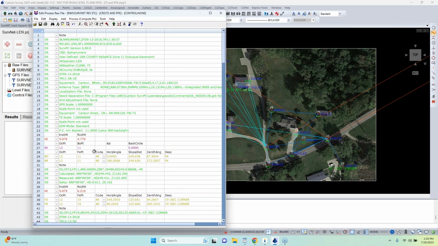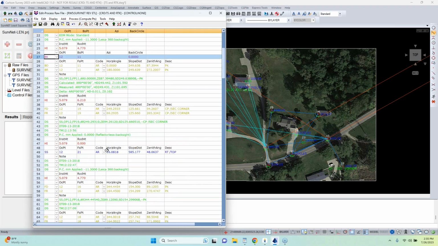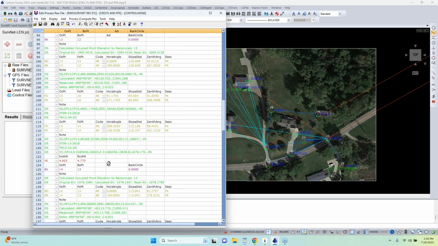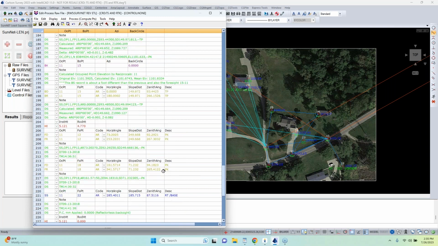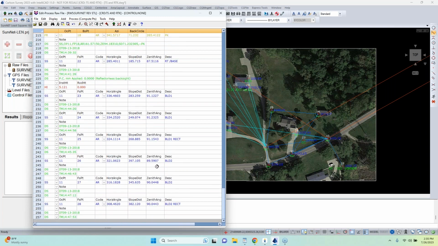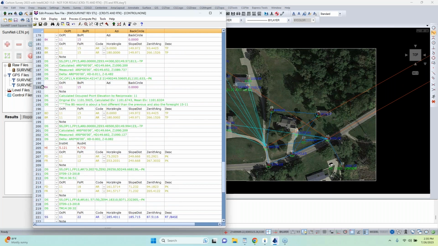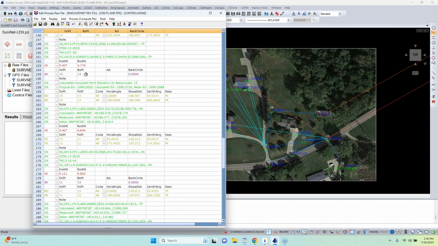the SurvNet environment. Right off the bat, we start off on points 11 and 12, and we just start at traverse. We've got a lot of angle sets. We've got some side shots. And let's see when we close out. It's been a while since I looked at this. It looks like in this case, when we come back to close out, we're on 15 backsighting 14, and we